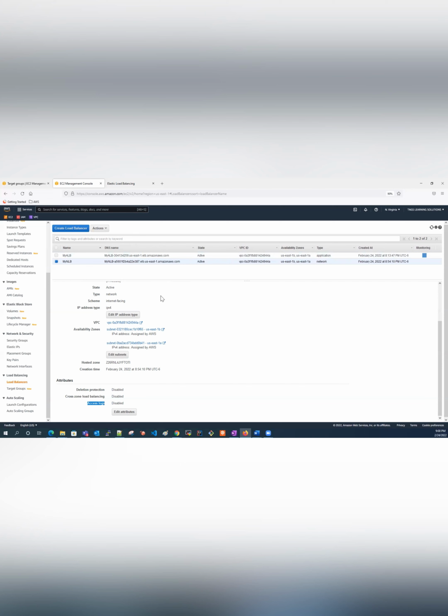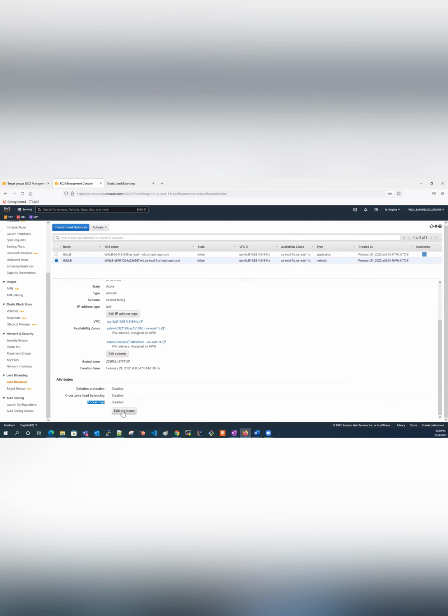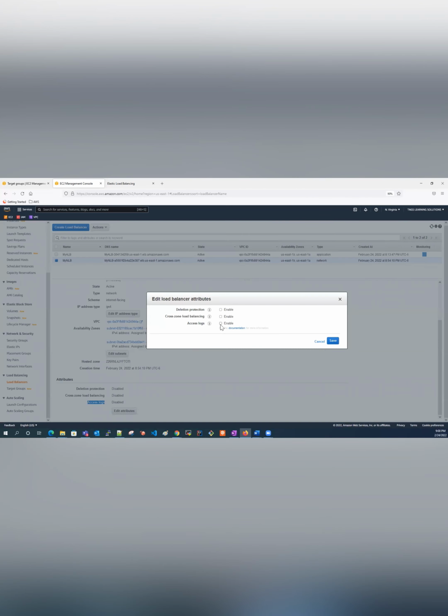There are many ways to find out that information, but from the load balancer perspective, sometimes we need to find out. You see, in this example, we have so many things that are configured with each other, right? They're working all together. One thing could be messed up and the rest of it is broken. So sometimes we go through the process of trying to find out where the problem is. So these access logs, if you click on this edit attributes here,